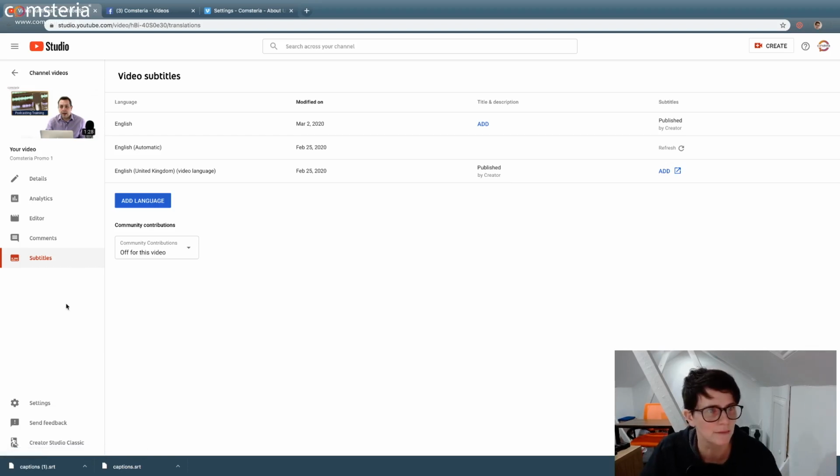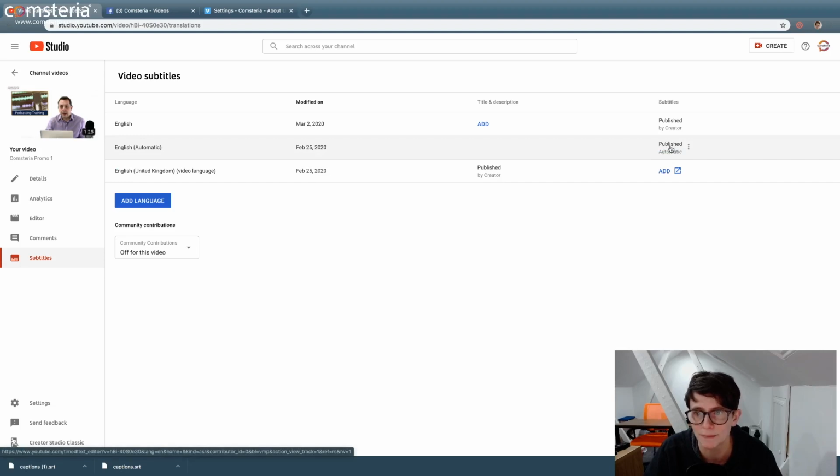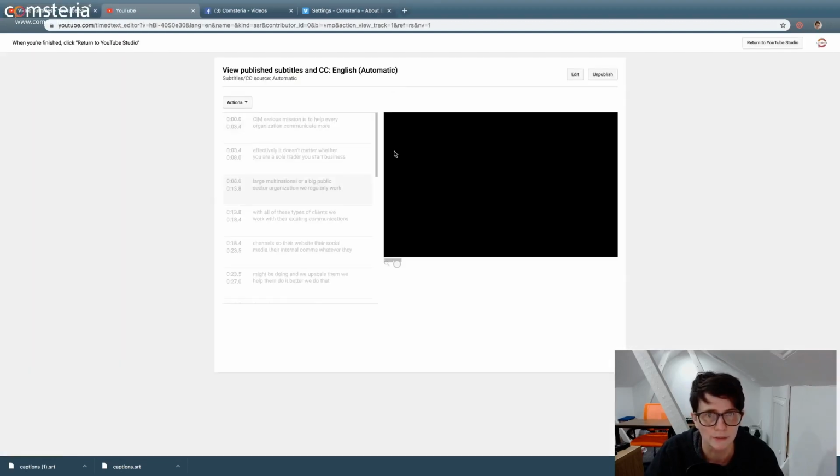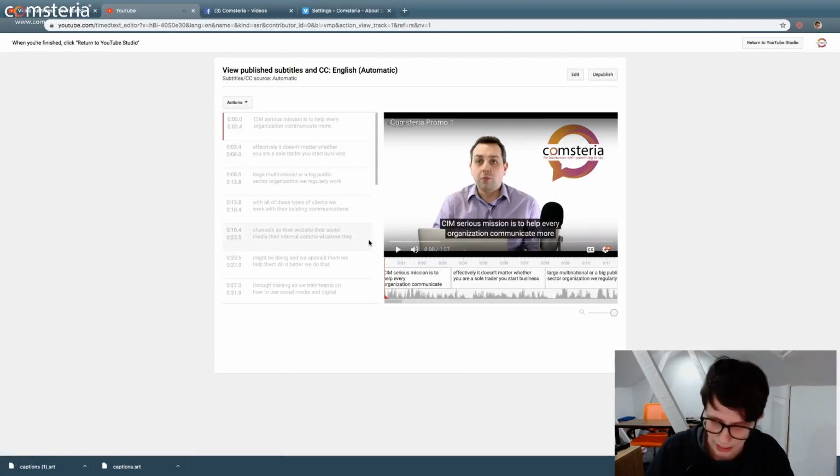So in order to edit them, you navigate to your video and go to YouTube Studio. Click on edit at the bottom right of the main video. Then down in the left hand toolbar, you select subtitles. And to edit them, you just click on the right hand side here where it says published. And it brings you to this window here where you'll be able to make corrections and edit your video, edit